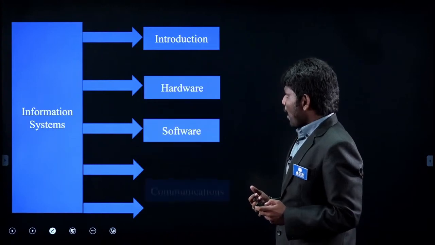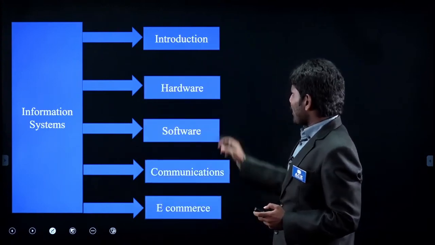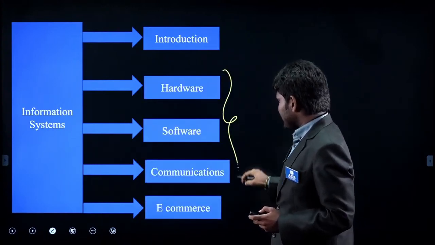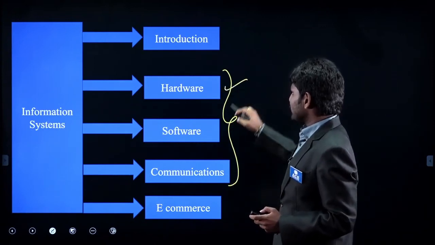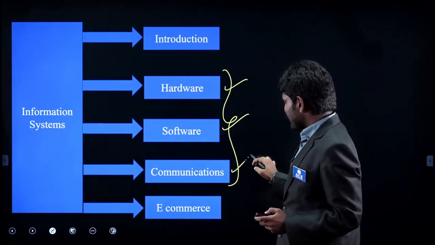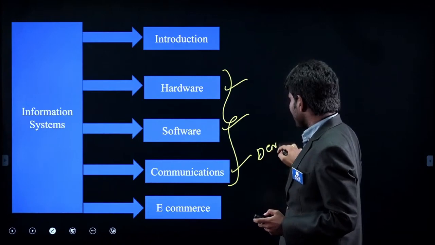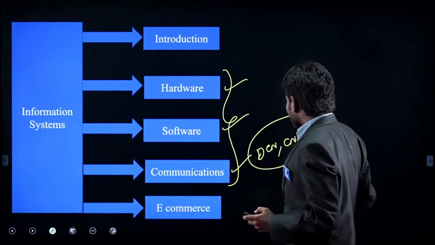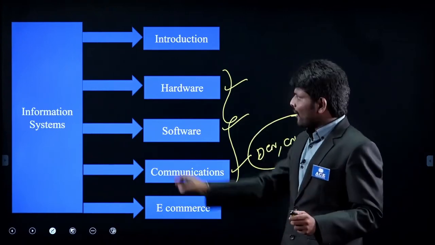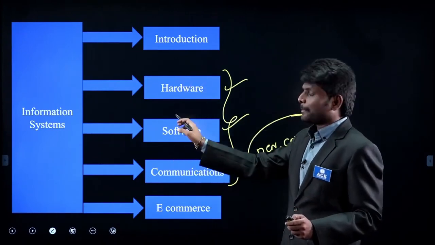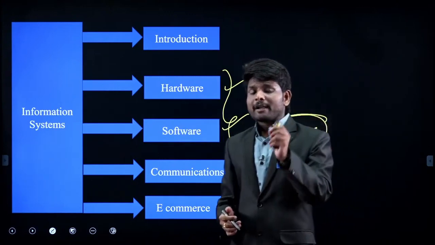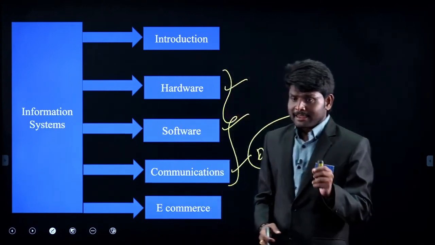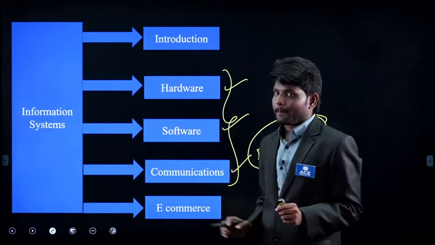And I already told you, out of these 5 topics, these 3 topics can be covered in other subjects also. Hardware and software is covered in other subjects and communications is covered in data communication networks or computer networks or web technologies in the syllabus. So I am not focusing on these 3 topics. Why? Because these 3 topics can be covered by other subjects also. What we learn in other subjects will help you to answer basic questions from these topics.